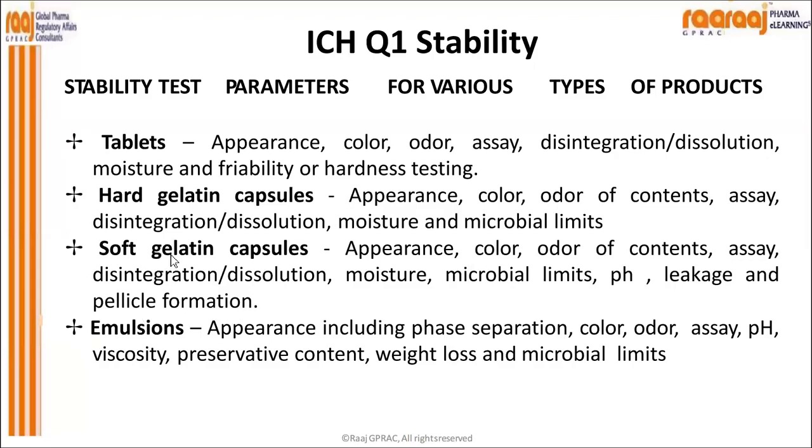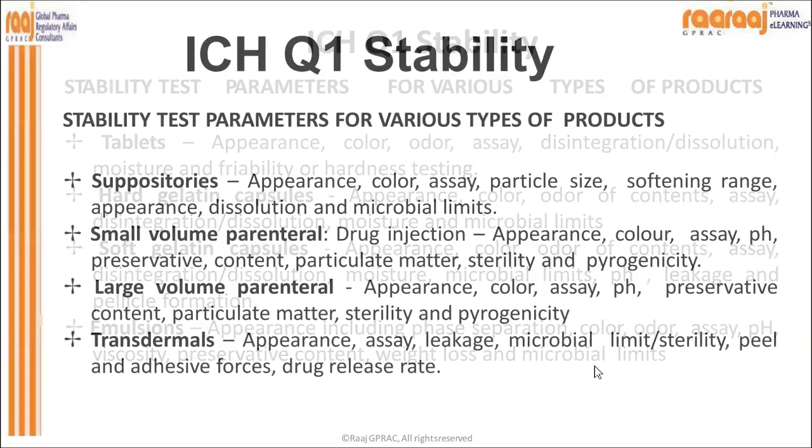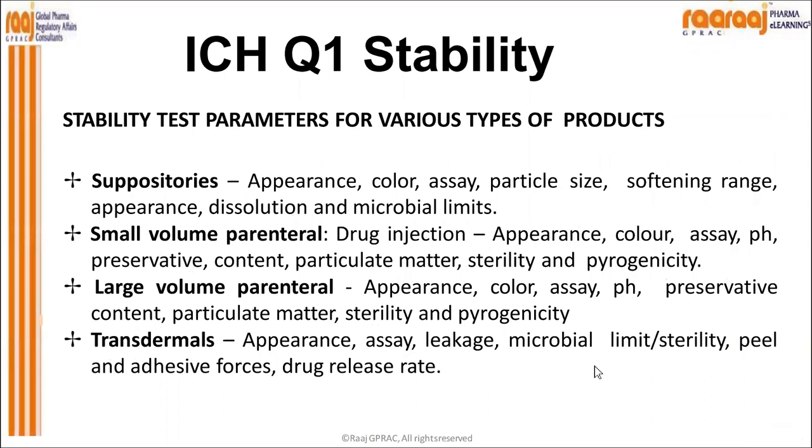soft gelatin capsule, right? Then emulsions, appearance including phase separation because emulsions get easily separated, right? So that is why phase separation, then same as above, color, odor, assay, pH, preservative, viscosity is also very important, weight loss and microbial. For suppositories, again, most of the cases are same apart from the softening range. Then small volume parenteral, that is